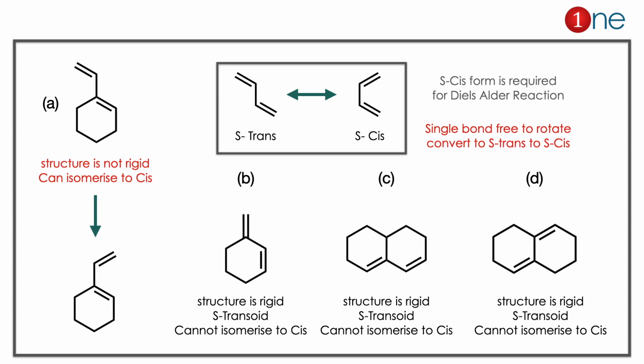Here the simple fact, as we have seen already, is the cis and S-cis form. So you have to choose the structure which can undergo S-cis quickly. If you look at A, it has a side chain, it is flexible, so it can undergo the Diels-Alder reaction nicely. The other 3 are transoid forms. B is transoid, C is definitely transoid, D is also transoid. The problem is that it's a rigid structure, it won't convert into the S-cis form. So our answer is clearly A there.